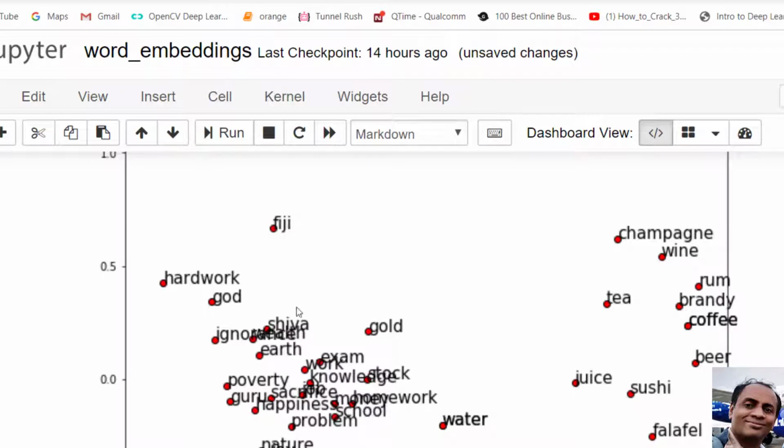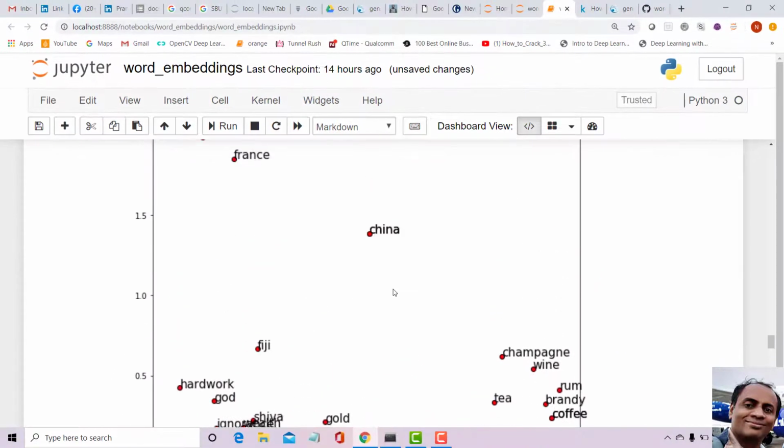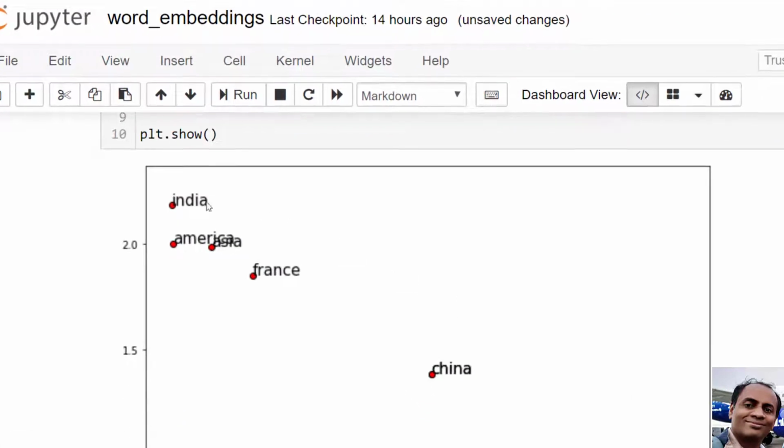That's very interesting. I have Shiva here, and earth, gold. You see exam, knowledge, work are all coming together. You can do a lot of stuff like this. The countries are coming together.